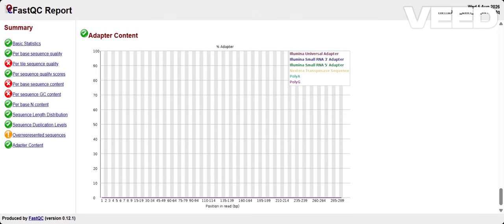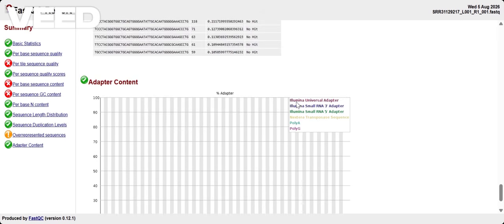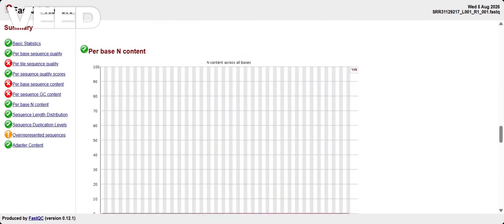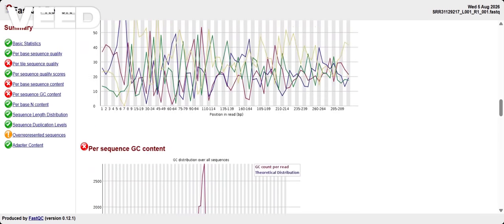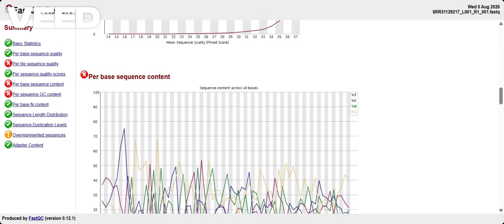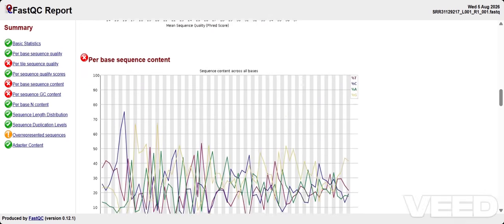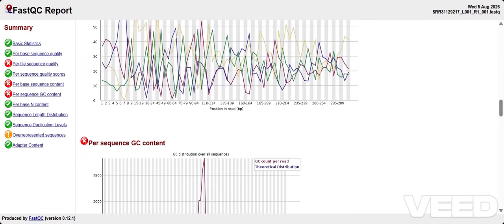So now let's step back and understand our complete FastQC report. We have seen that some modules are green, some are yellow, and some are red. But the most important lesson is: don't simply count the green and red marks. Understand what each result means. For example, our per base sequence quality is good for most of the read but decreases towards the end. Our per base sequence content and GC content show unusual patterns. We also have some overrepresented sequences. At the same time, our adapter content result is good.